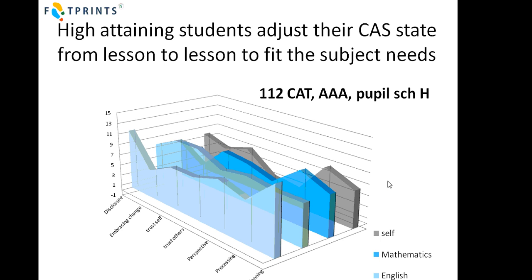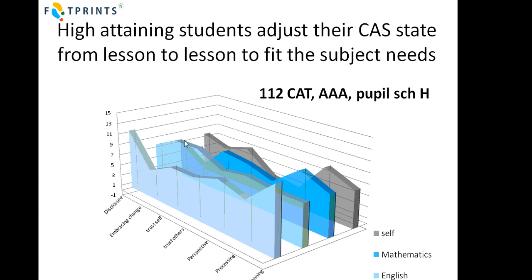So we looked at high and low performing students, and here's a chart of a high performing student with a high CAT score, cognitive ability test score, who was predicted to get 3 A grades, and he was a pupil in year 10 in school H. And what you can see here is his intrinsic scores at the back there, and then his maths, English, science scores running along here. We can see his typical lower trust of self and slightly higher trust in others. See how he adjusts that from high trust of self in his instinctive state and low trust of others, and he modulates that to that more optimal state.